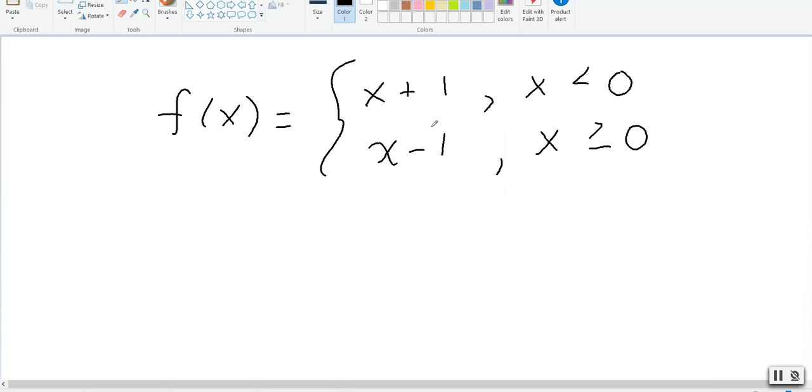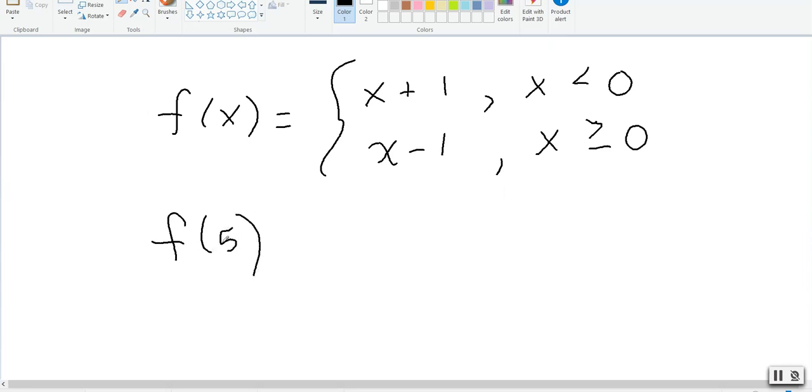This function divides the domain, that is the x values, into two different sets, right? Here, for the negative values, you have to plug into this part. And for the positive values, you have to plug into this part, because look, x is positive and 0 here, x is negative here. So if they ask me to do something like f of 5, I have to first